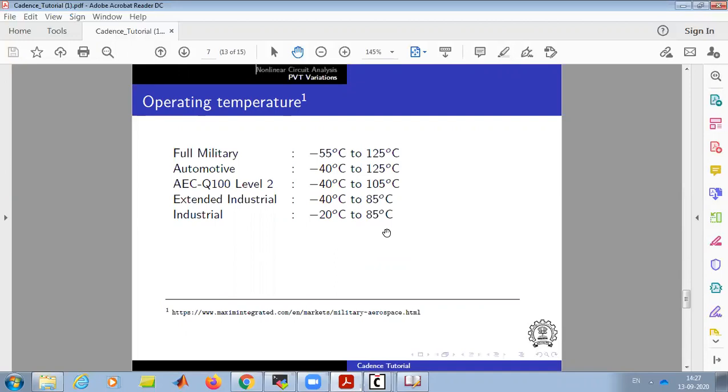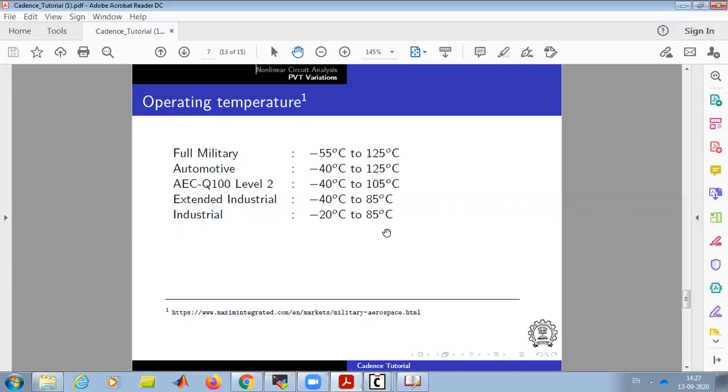If you go and select an IC from any website like Texas Instruments, TI.com, you will see that they have an option for what application you want, whether for military, automotive, or industrial. Based on this, your circuit should work in this range. Suppose you're designing something for industrial application, minus 20 to 85, because in some instrument or process the temperature can go much below the ambient temperature. So based on this information, we should take care when we do simulations, and we consider all this